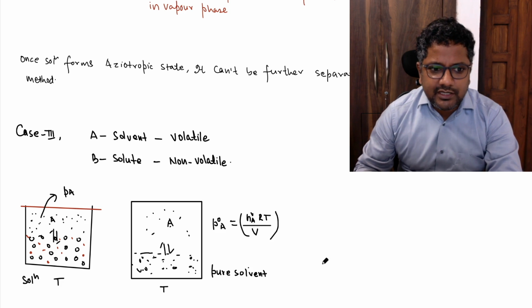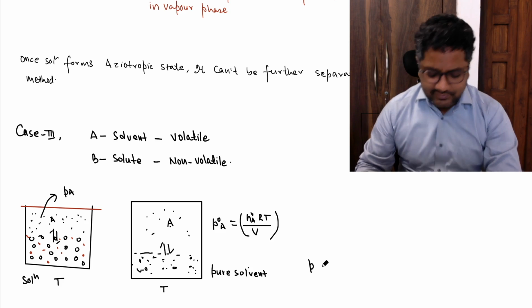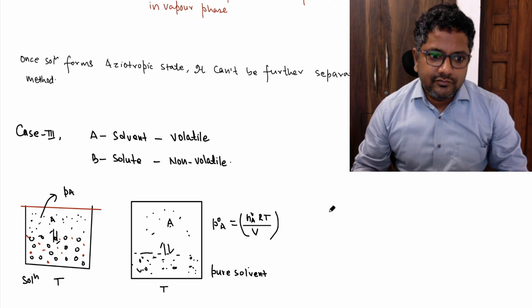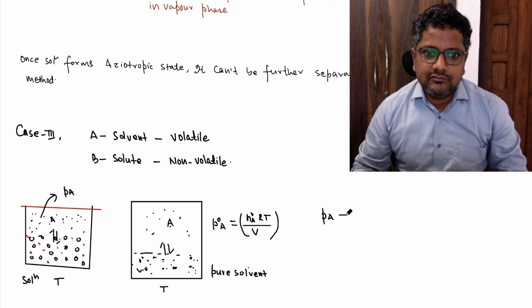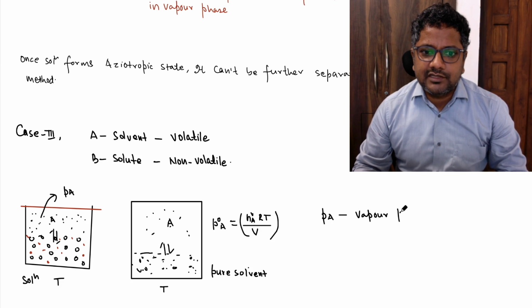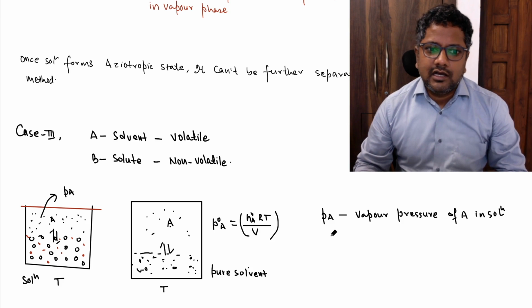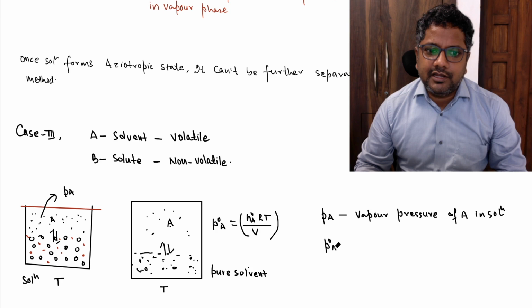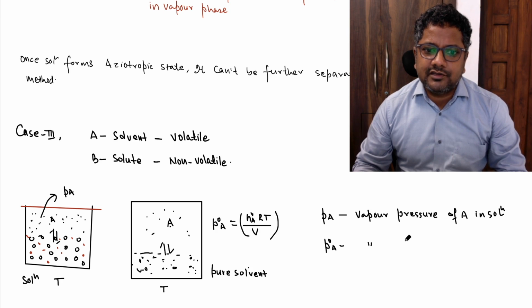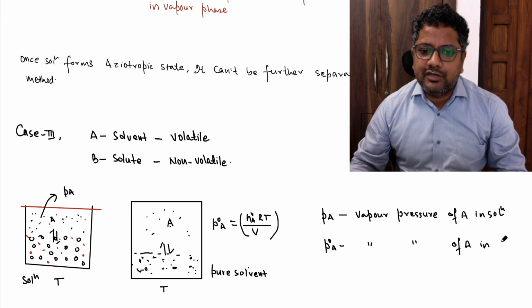So this PA means the vapor pressure of A in solution, and this P naught A is the vapor pressure of A in pure state,